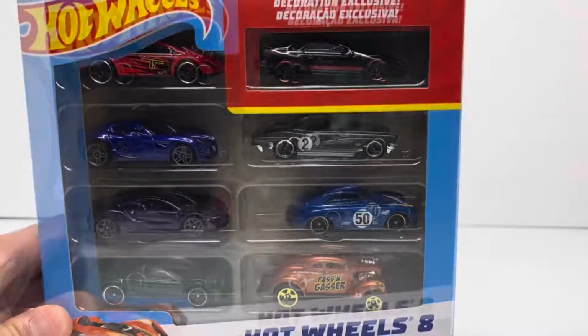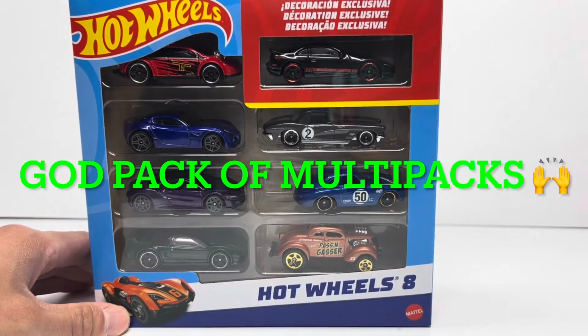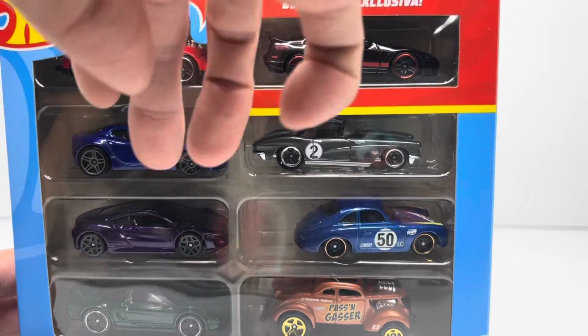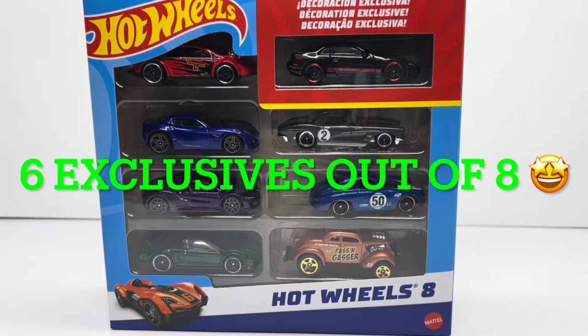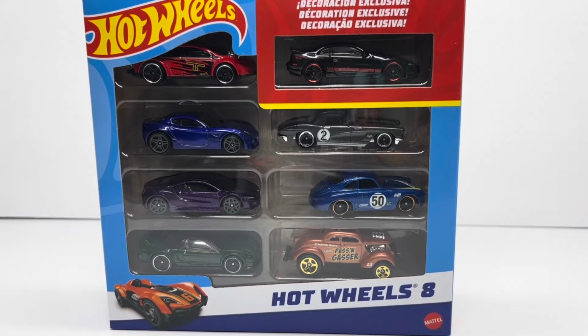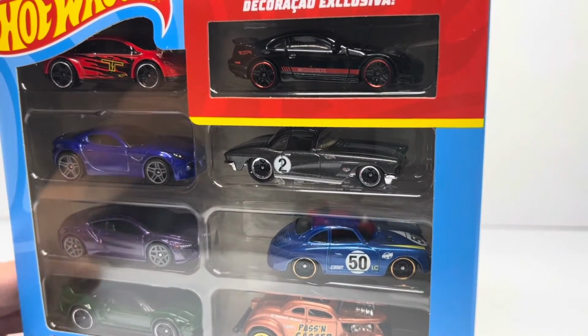And if I can be so bold to say, I feel like this is the God pack of Hot Wheels 8-packs, right? Because if you count with me, there's 1, 2, 3, 4, 5, 6 multi-pack exclusives in one 8-pack. I've never seen so many in one multi-pack like this. And on top of that, every single car here is licensed, so not a single fantasy cast. So I mean, it checks the boxes across the board, and it's all highlighted by this black 300ZX, which just